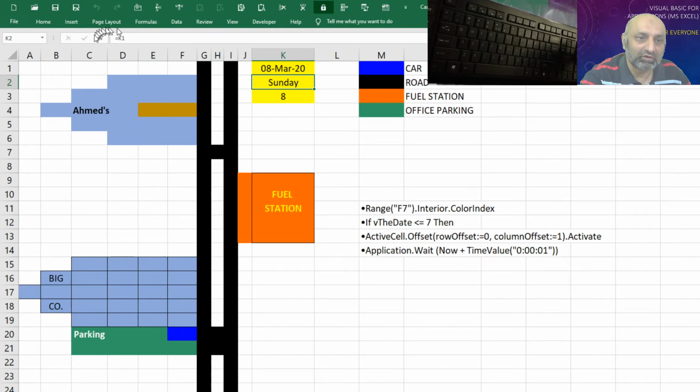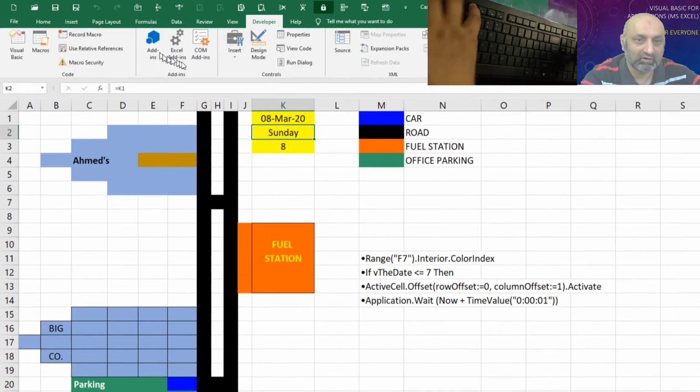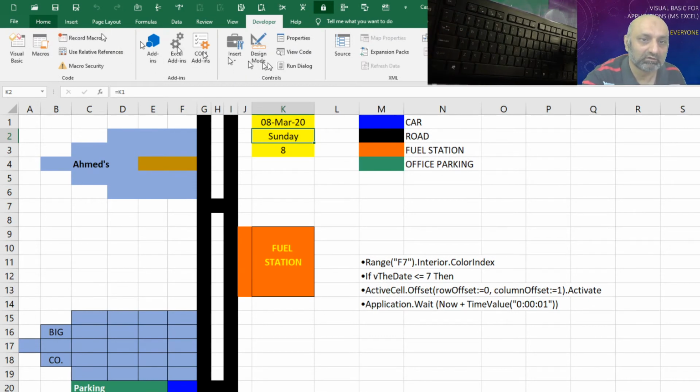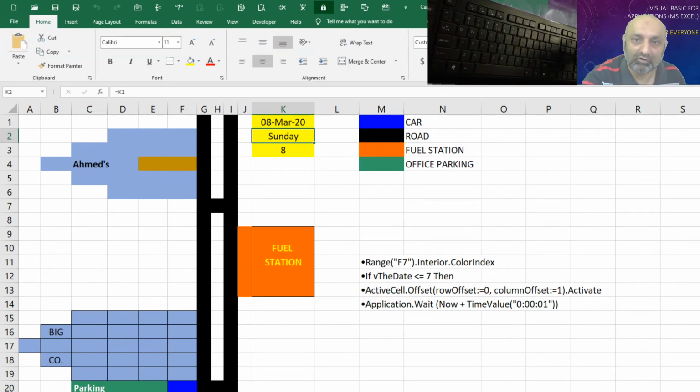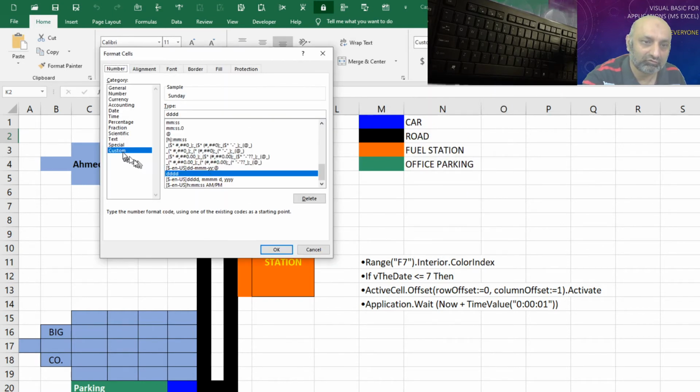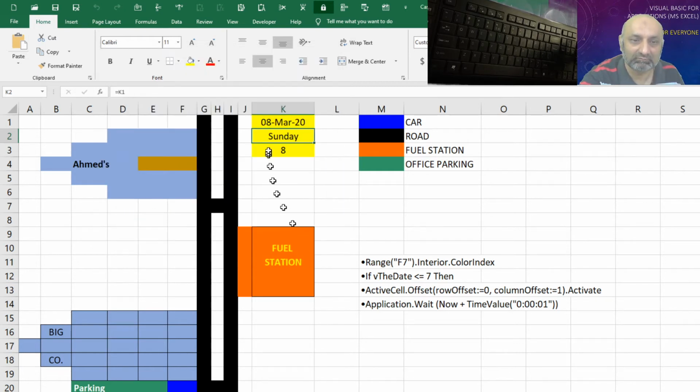This is equal to K1, and K1 has the date, but the full day is appearing. If I look at the format, you can see I have a custom format DDDD. This format turns a specific date into weekday, that is Sunday.